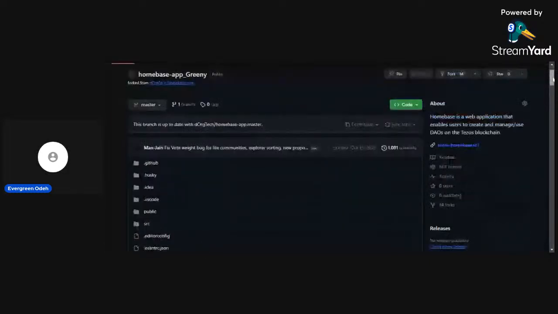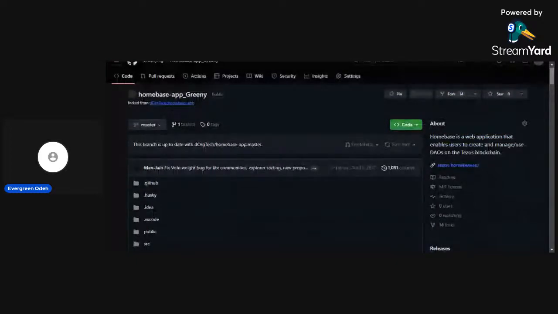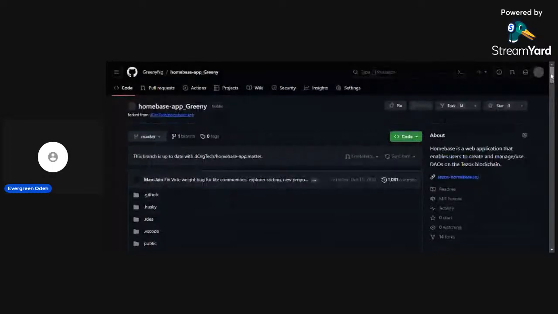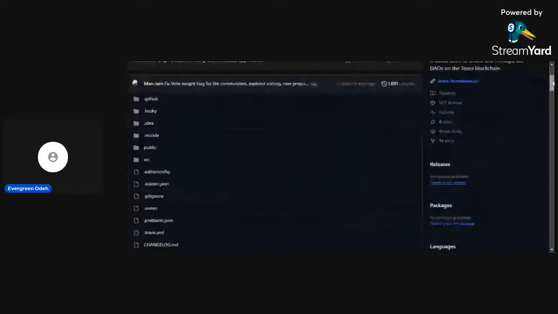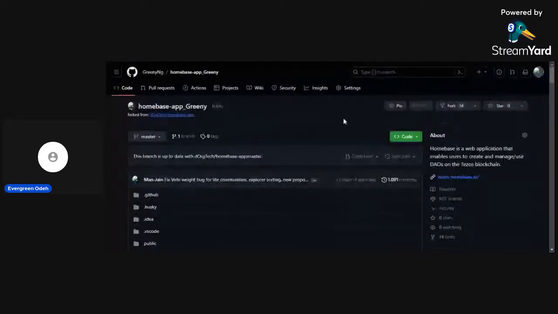Now we have an option here. I'm actually waiting for it to show me a tab that's supposed to appear here to add files.